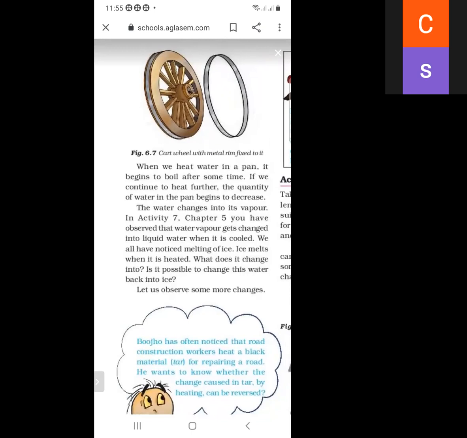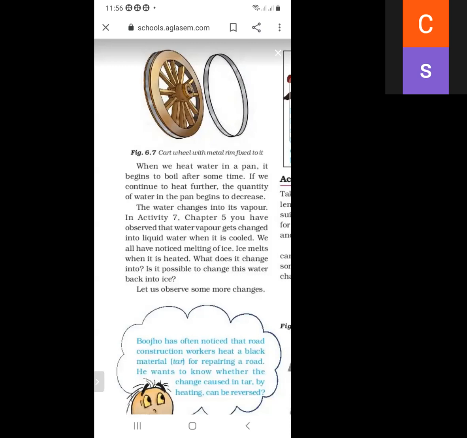In the activity on evaporation, you have observed that if we heat water, it will change into water vapor. And if we cool down the water vapor, then it again changes into liquid.